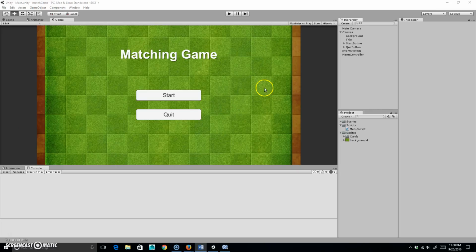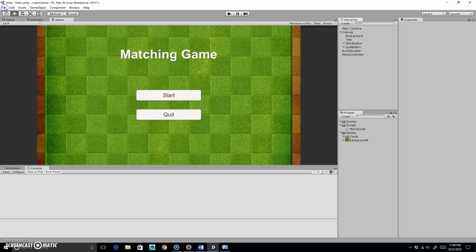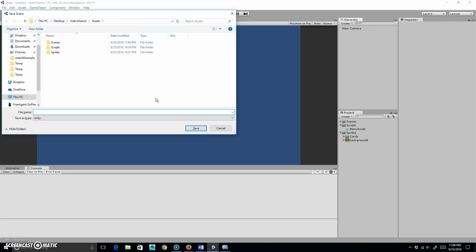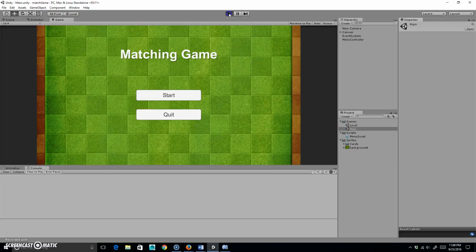So the next thing to do is actually make the next scene. So just make sure you do save scene. And then we're going to just do file new scene, and we have a new scene. I'm going to go ahead and save this, Control Shift S, or you just do file save scene as, and we're going to name this one level, which if you remember, that's what's going to load when you click on start game. So now if I were to open up by just double clicking on main, and if I were to play this, if I click on start,